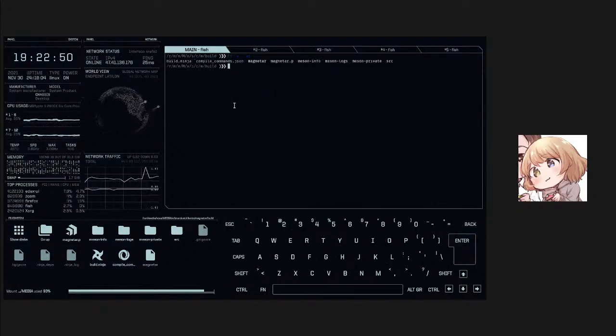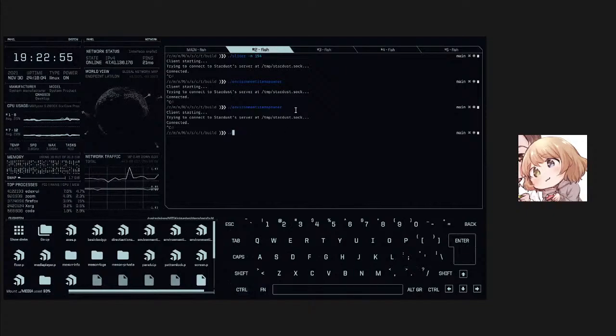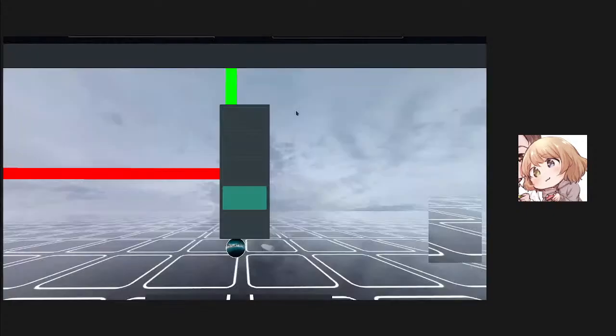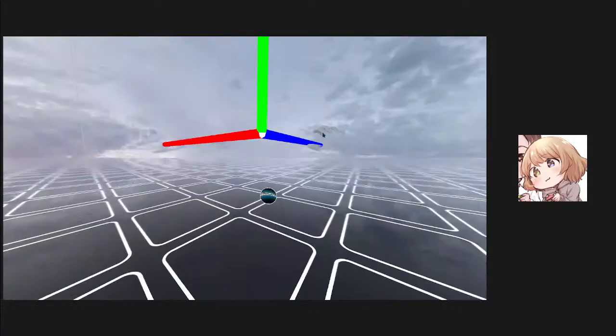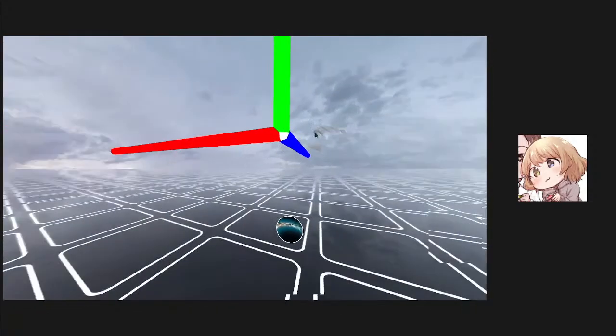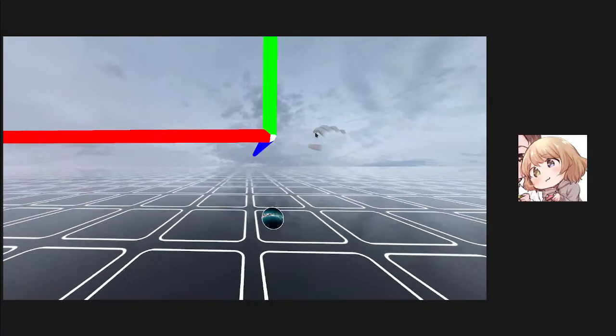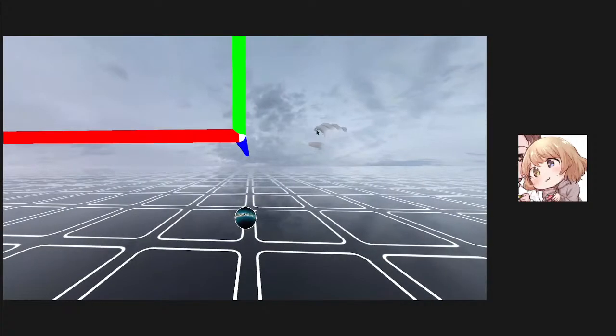Do I not have that? Oh, wait, this is the wrong folder. They are a bit big, but they do work, right? And so that is the origin point. Okay, so